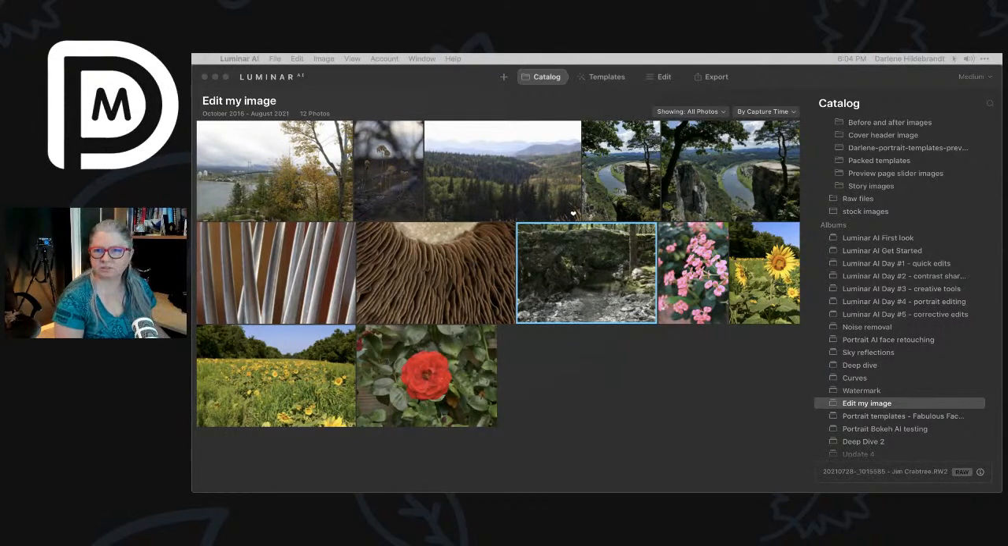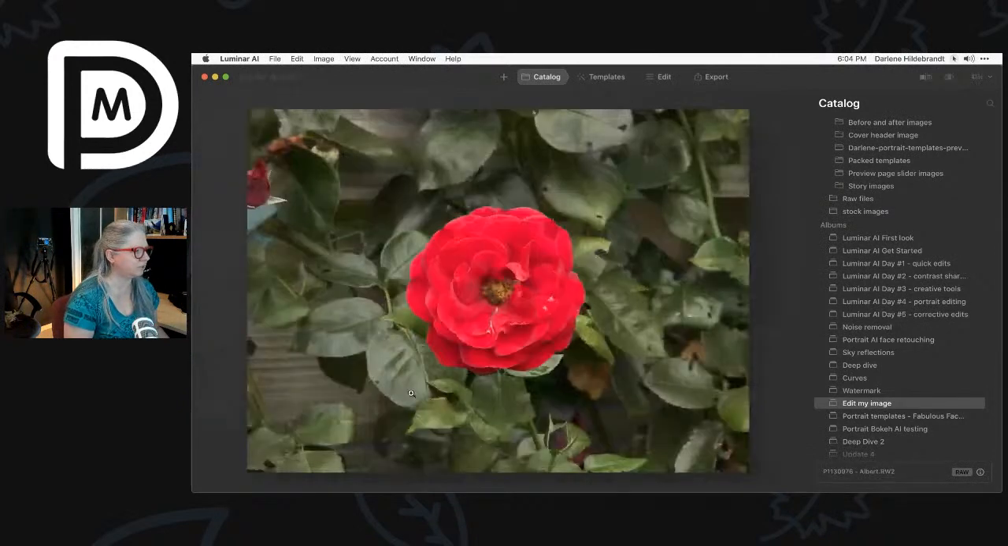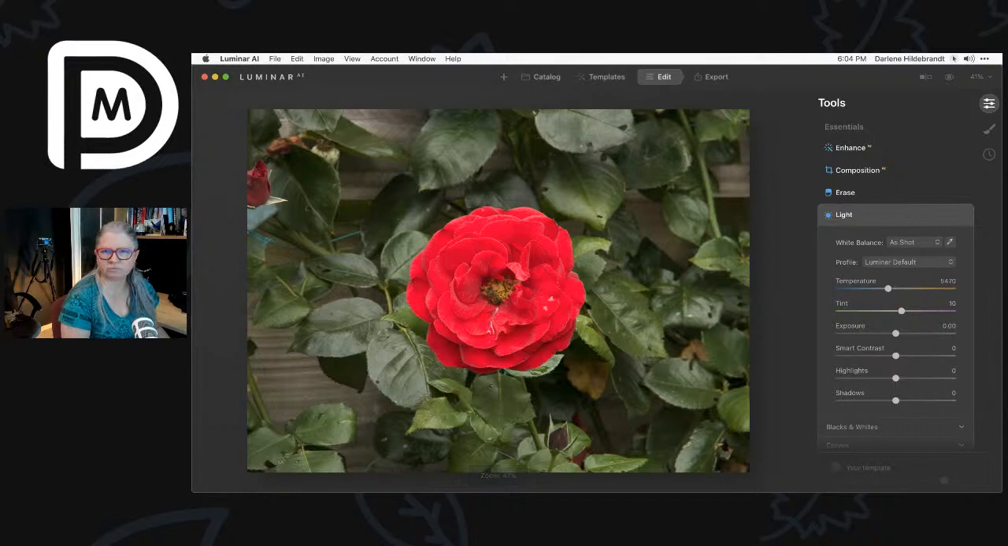All right, so let me just dial into this first one here. Okay, so Albert submitted a couple of images, and the first one that he sent was this rose. And I wanted to bring this one up because I'm just going to read his